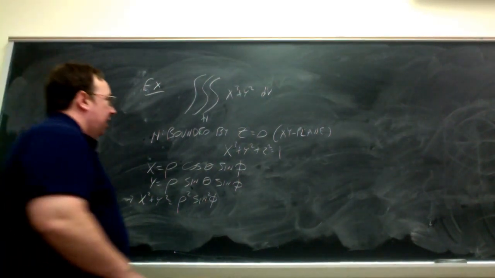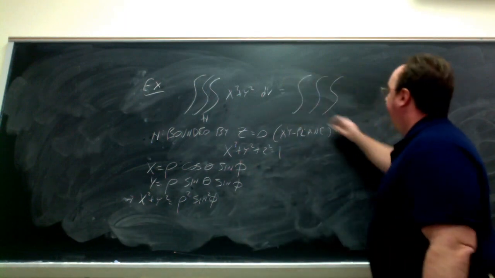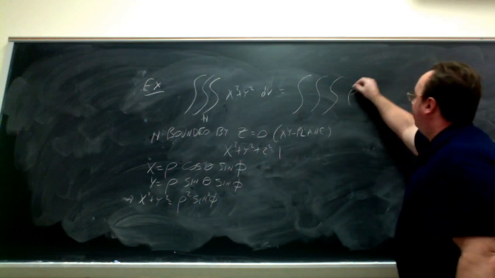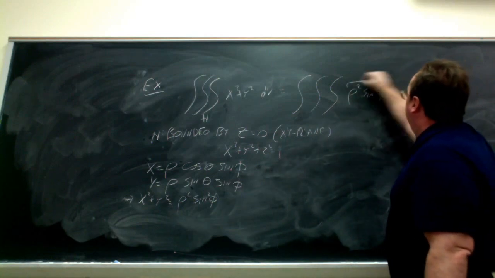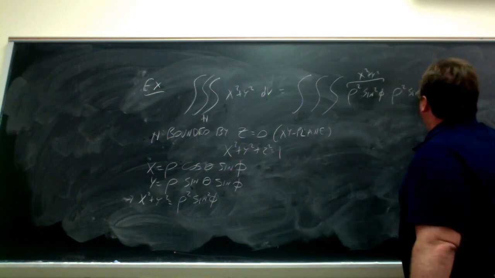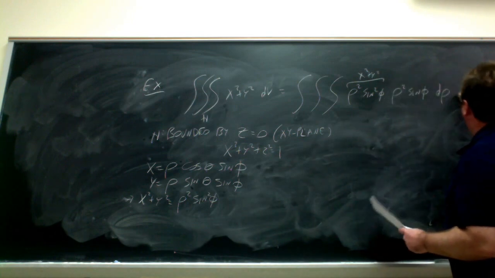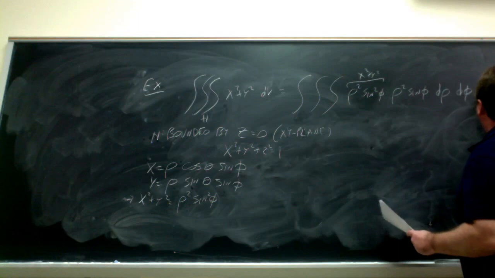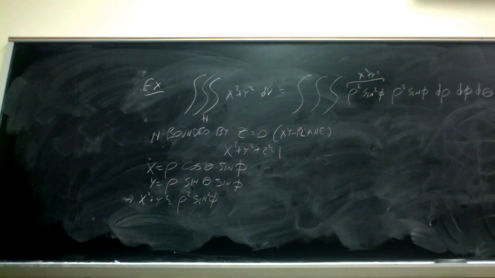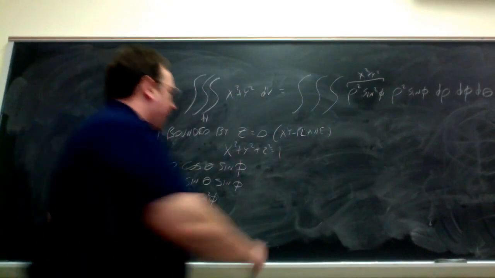Now we need limits. So our integrand is going to be rho squared sine squared phi, that's your x squared plus y squared, then the extra factor, rho squared sine phi, and then d rho, d phi, d theta. So we need to figure out the limits for rho, phi, and theta and hope that they're constant. Since we're working with this hemisphere,